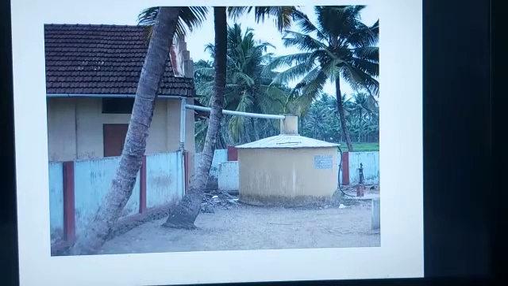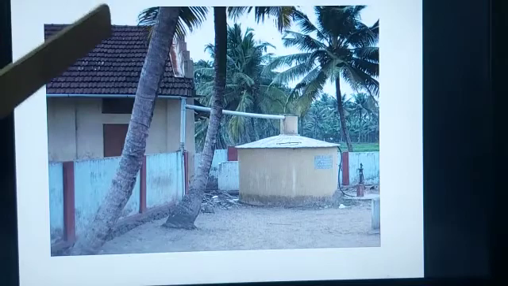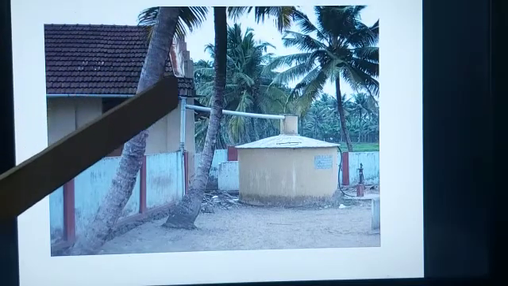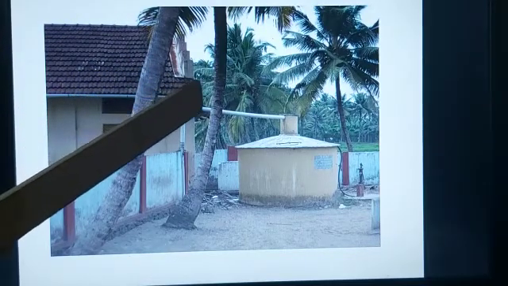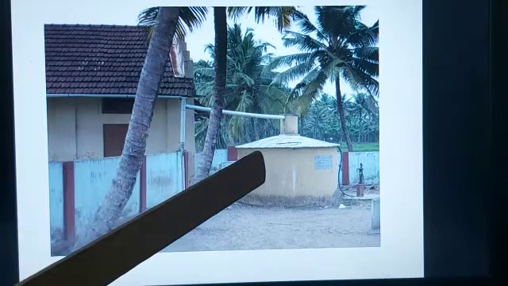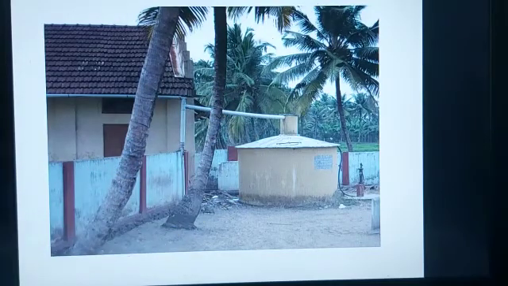Here you can see this is one of the methods of rainwater harvesting. This is actually done to a home. Here you can see that the water that is falling here on the tiles is being collected, and from here the water is directly going inside the tank. So these kinds of waters are usually used for watering the plants and maybe gardening, landscape gardening, etc. This water most of the times is not used for drinking purpose.